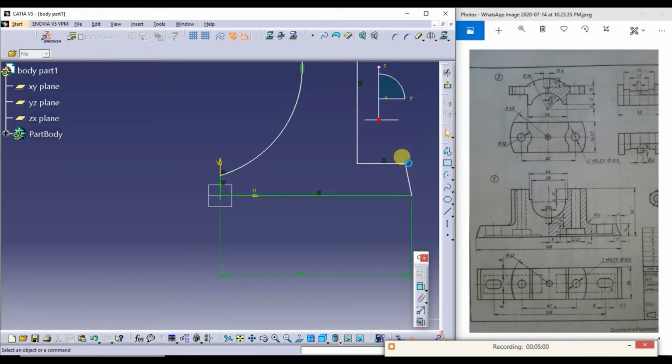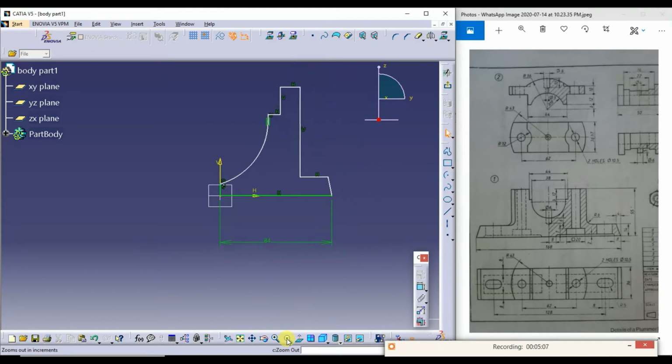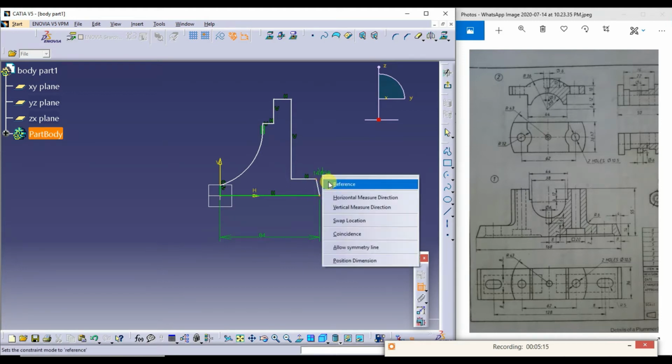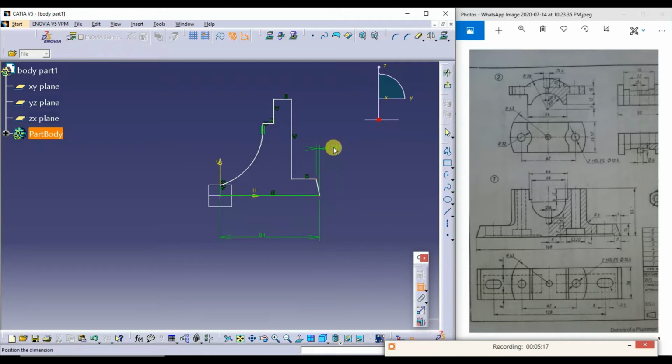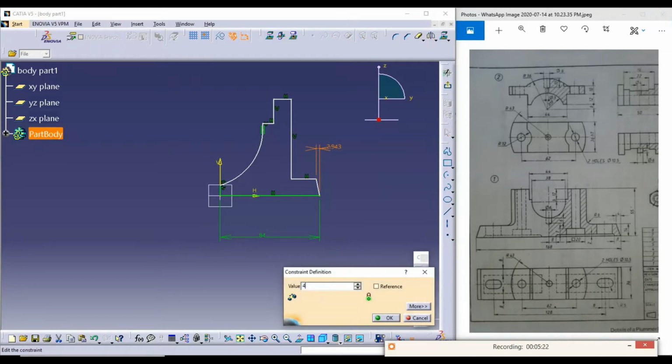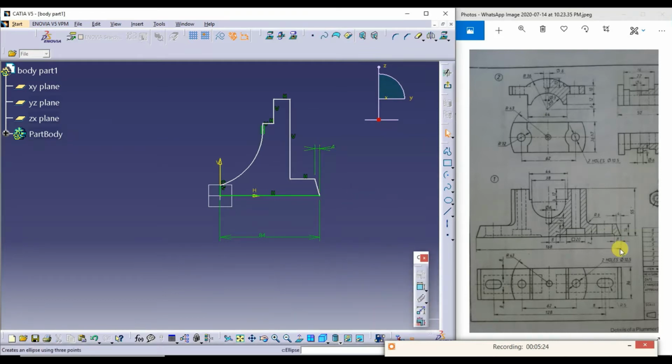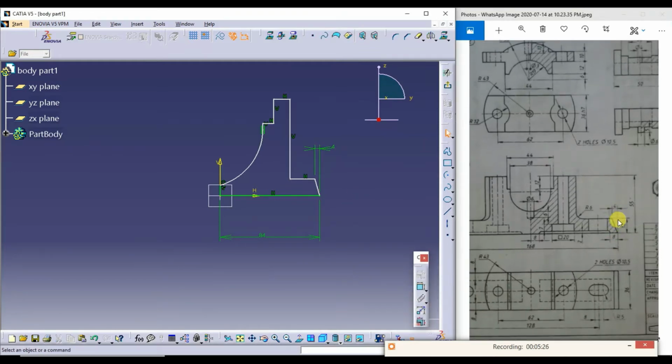Delete this. And this horizontal distance is 4 mm. See here, this is 4 mm here.